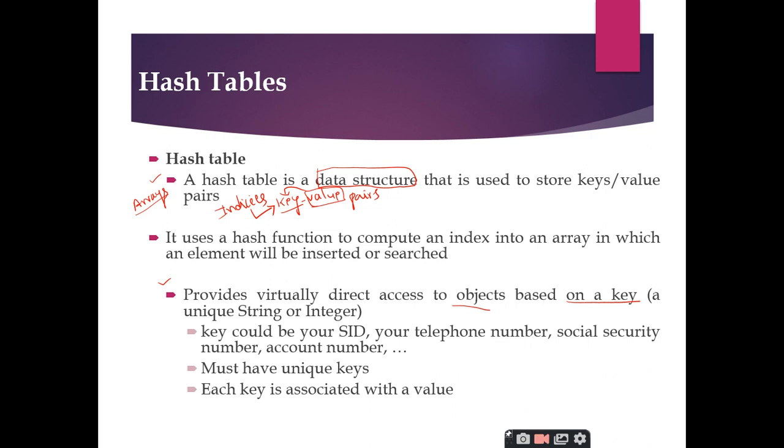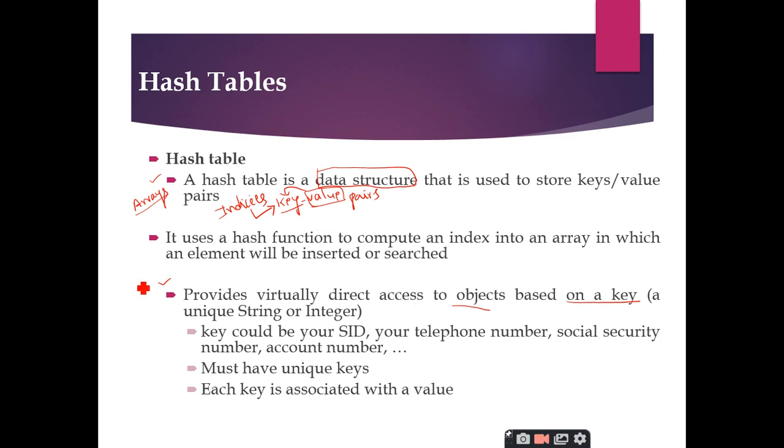Similarly here also the concept is similar, right? When you are applying the hash function, you will get a key. That particular key is used to perform a search operation efficiently, right? So if you have the key, you can directly go to that particular key and you can get the element directly. So this is the main purpose of hashing, where you want to improve the performance of the search operation. You will generate the key while you insert, and while you want to search or perform a delete operation, you will be applying the same hash function so that you will get a key, and based upon the key you directly go and access the value. So this is the main purpose of the hashing.